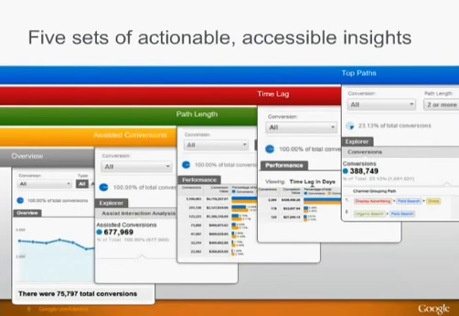So we expose these out in a set of 5 reports. These are available to all Google Analytics customers today. All you need to have is goal or e-commerce tracking set up, and it just works. There's no additional setup required. I'll talk a little bit about what's in the reports and then talk about some concepts and some use cases